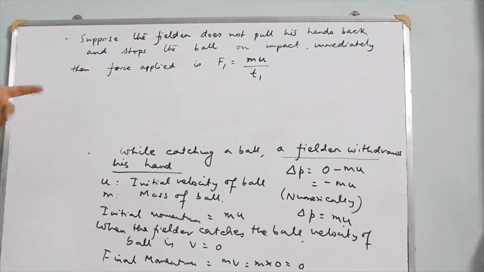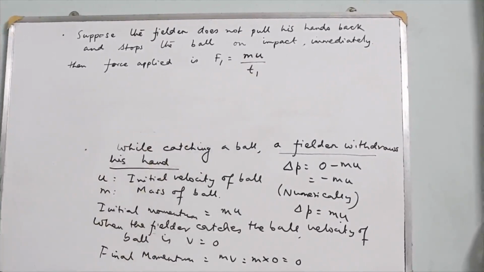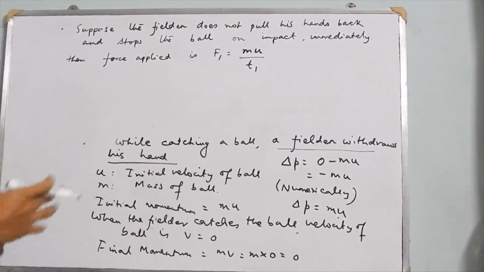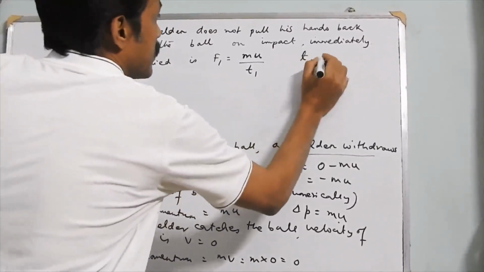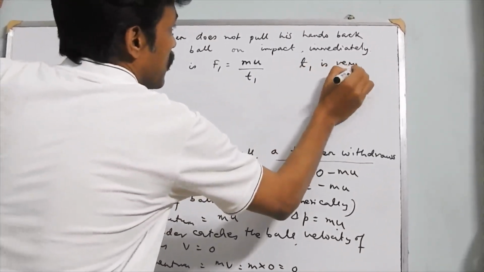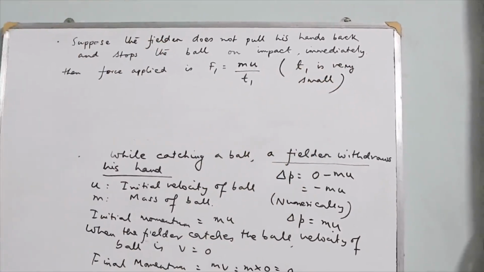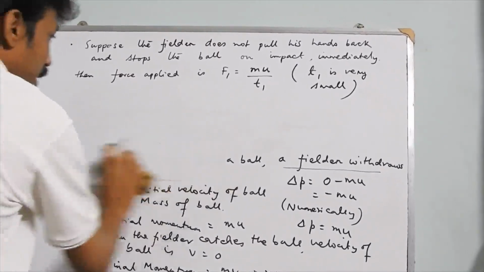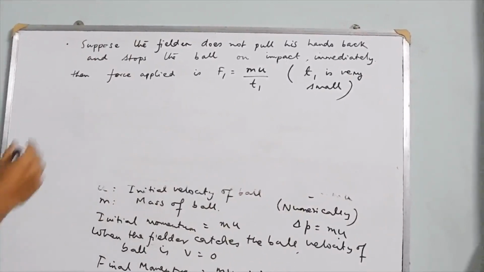So the force applied is F1, which is change in momentum by time. Now this time of impact is very small because the fielder has immediately stopped the ball. So here T1 is very small. Now in the next situation, suppose I assume that the fielder has withdrawn his hand in the